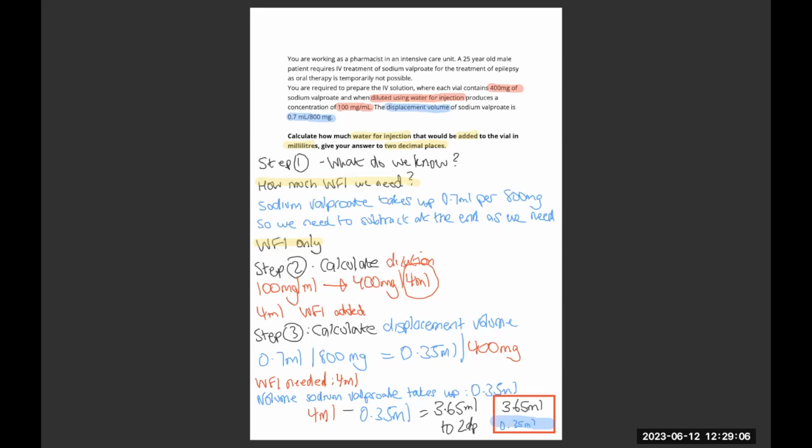So step one, what do we know? We need to calculate how much water for injections we need. And from the displacement, a brief summary of displacement is that if it has a displacement value, in this case our value is 0.7 mils per 800 milligrams, then the sodium valproate will take 0.7 mils per 800 milligrams. This must be deducted from the final